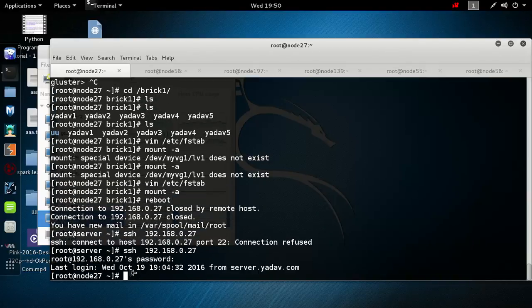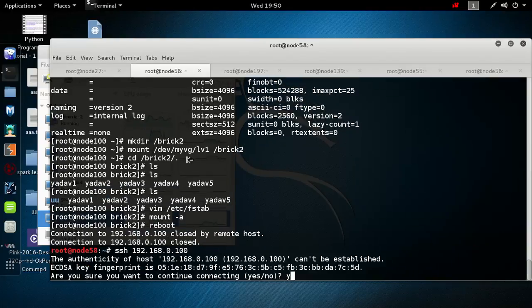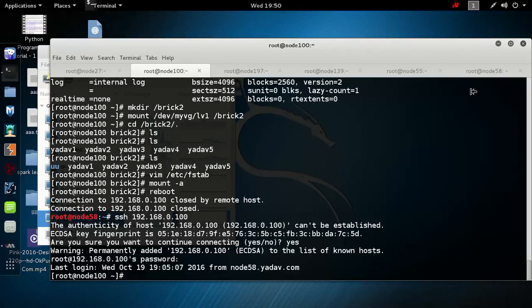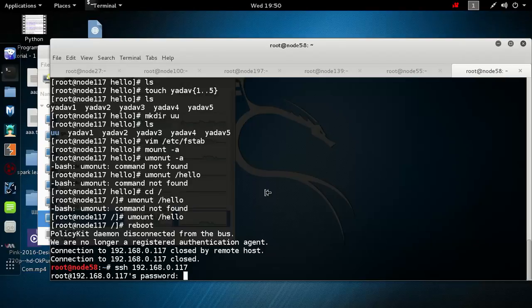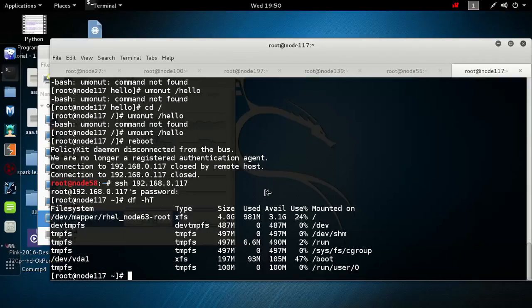Then I'm logged in, and then I'm on the second machine, that is started, and we are logged in, and now we are going to the client machine node 117, and this is also started. Now we'll just check whether we are connected or not. So we are not connected